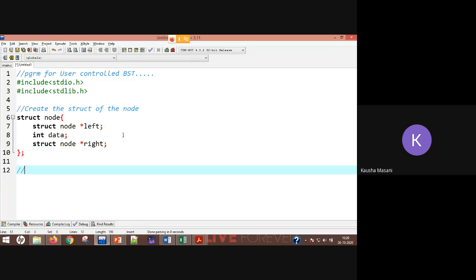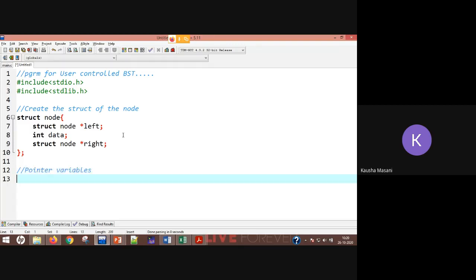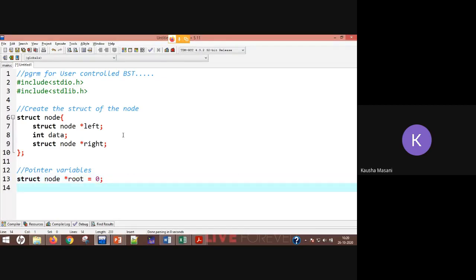Now what do I need? Pointer variables. So what are those pointer variables? Your struct node pointer root equal to 0 right now, and your struct node pointer new node to create the nodes.